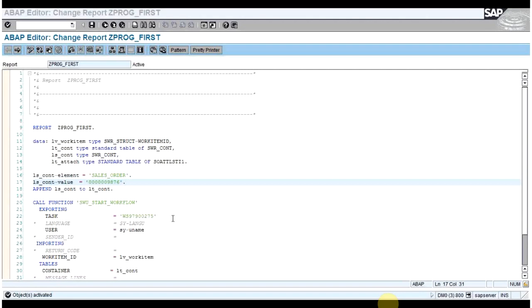Now I will be displaying this work item ID number just to ensure that the workflow has been executed successfully.